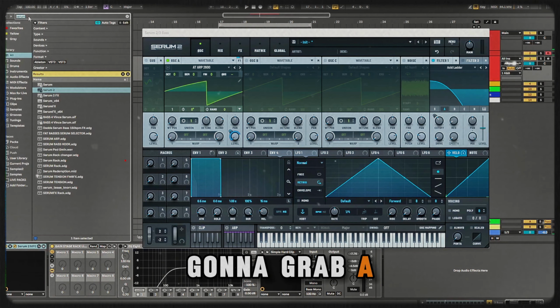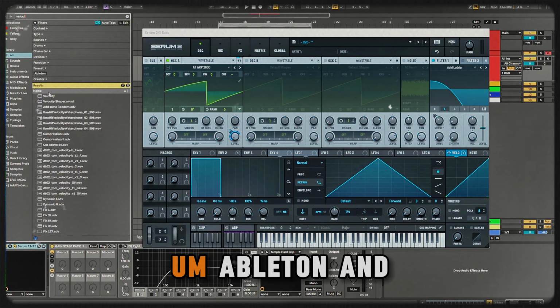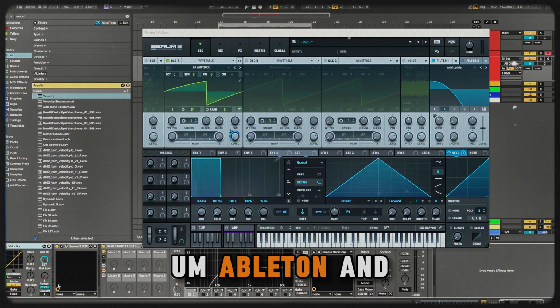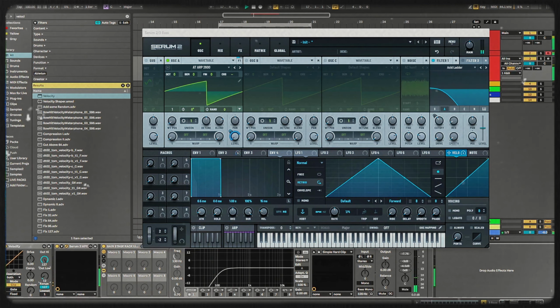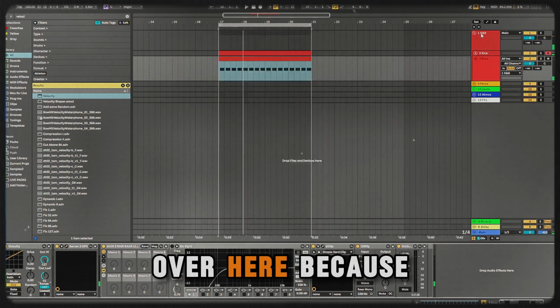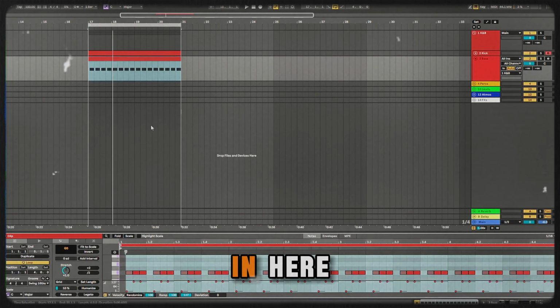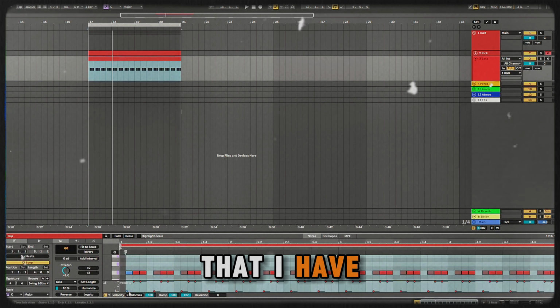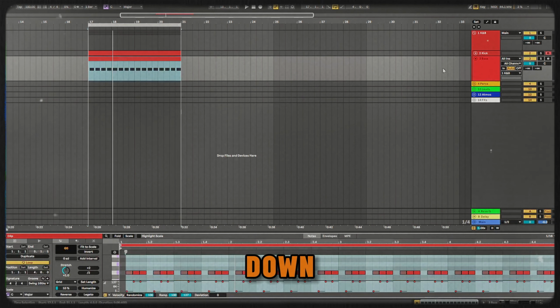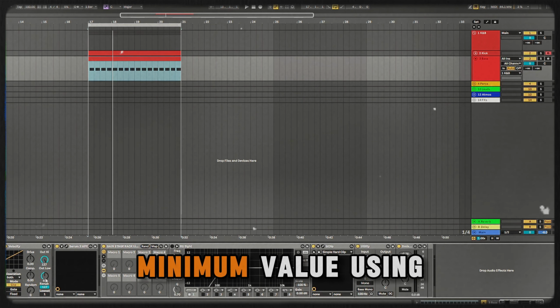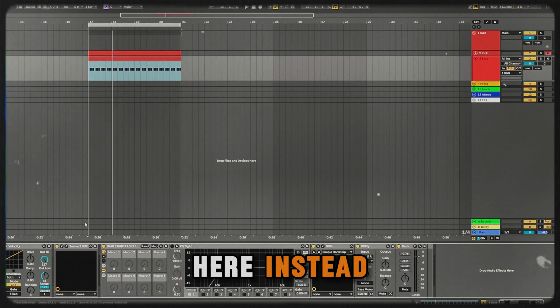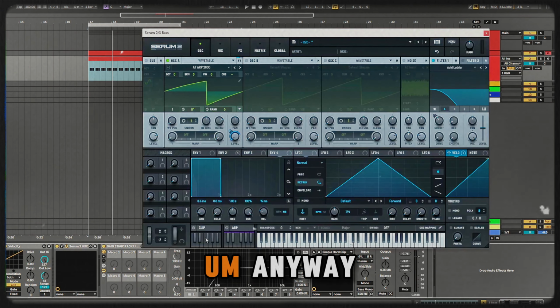And I'm just gonna grab a velocity in Ableton, and I'm gonna set the minimum value over here, because if we go in here we can see that I have the first note all the way down, and then I'll just set the minimum value using this knob over here instead. Anyway,